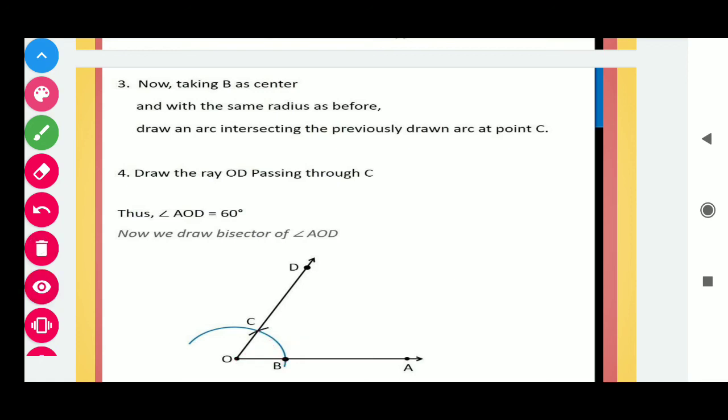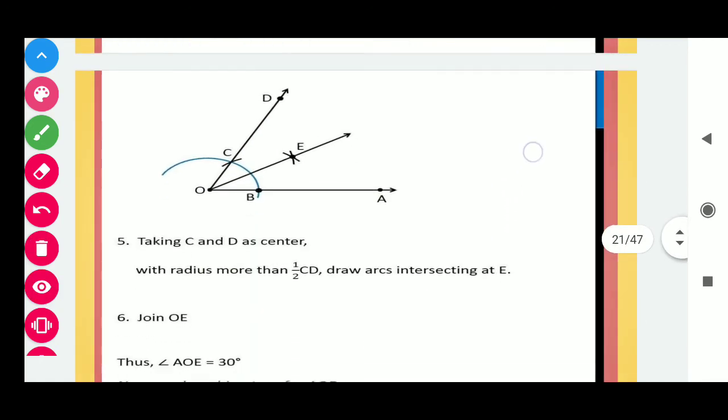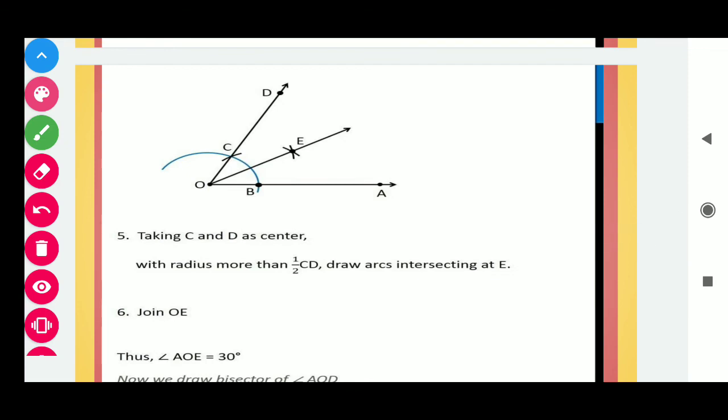Okay, you can see here, yes, we have made the 30-degree angle. Now students, in the same way we have to construct the 15-degree angle. 15 degree is the half of this angle. So we again put pinpoint at B point, mark an arc. In the same way, put the pinpoint at this point and mark another arc. Okay, so join this intersecting point to O. In this way, this makes the 15-degree angle.